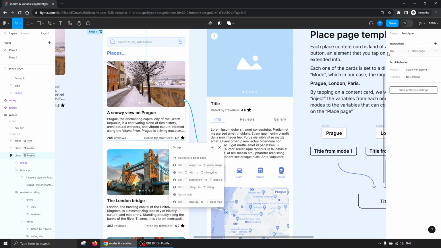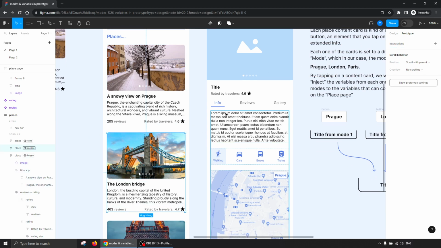Look at that. I'm clicking here and copy, Control or Command C, and I'm just selecting this card and